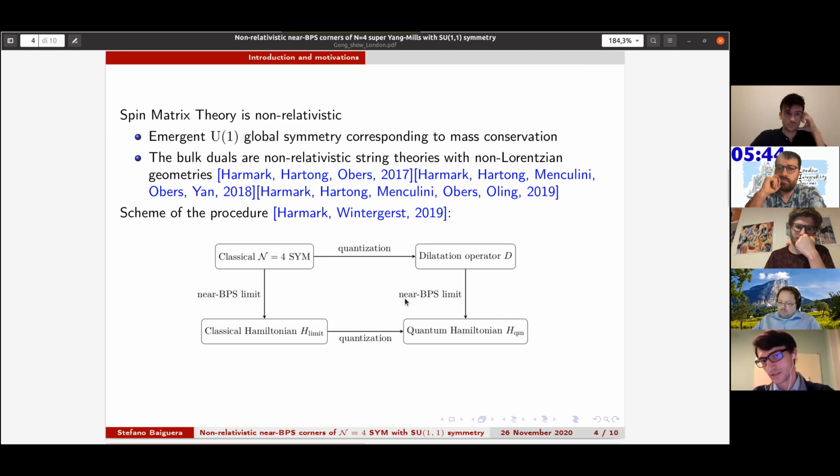In this way, we have shown that the two procedures give the same result, but following this different path, we can see that the quantization procedure is much simpler because we simply give a prescription to quantize the classical Hamiltonian, and self-energy corrections arise only from normal ordering without any need to compute loop corrections of the dilatation operator.